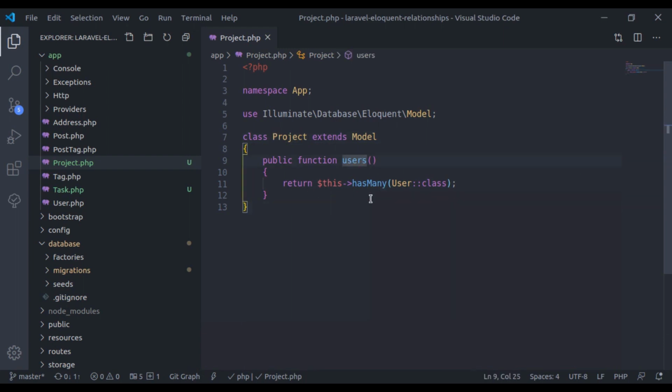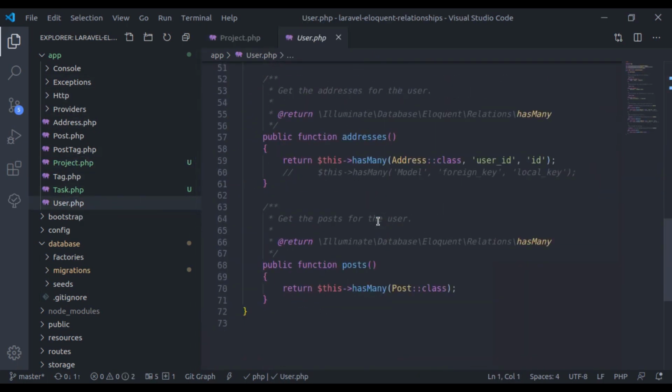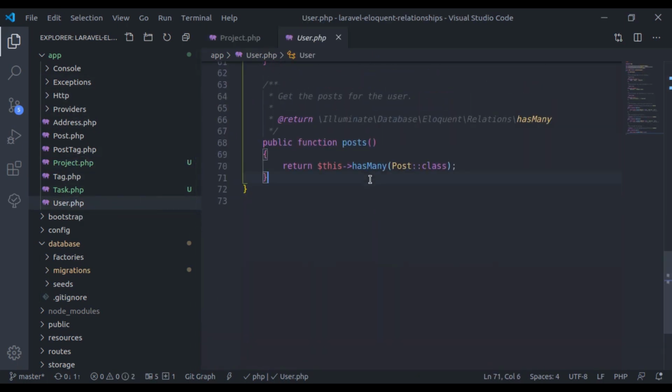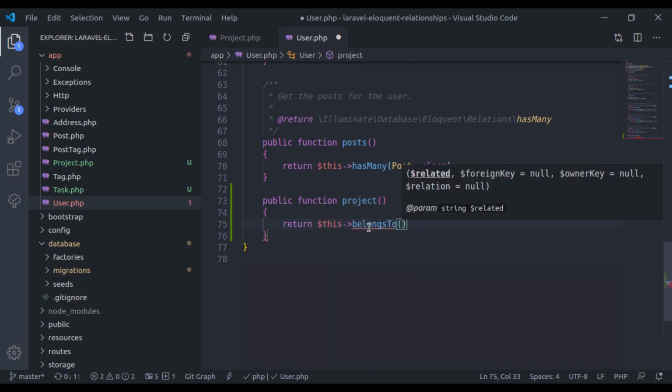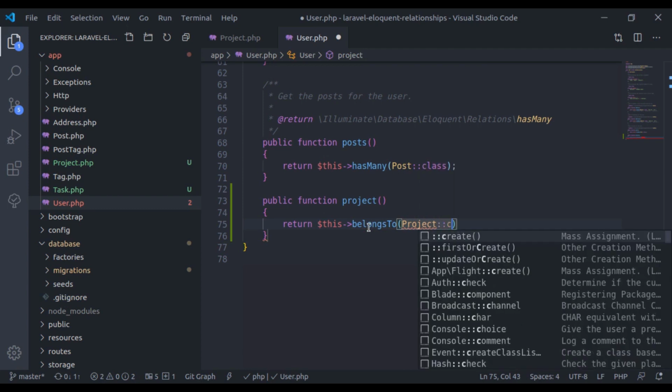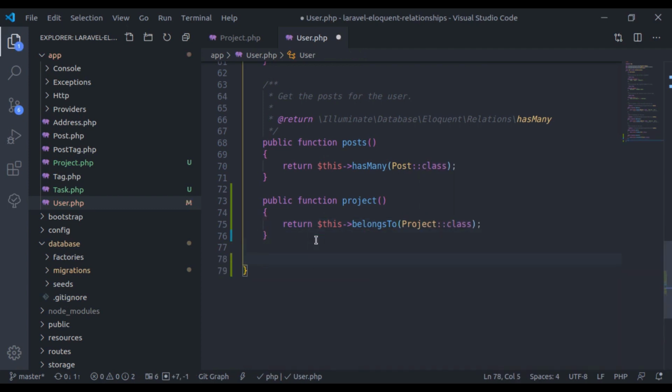Next, in the user model, this user belongs to a project, so here I'll create a project method and it will return $this->belongsTo Project, and this user has many tasks.